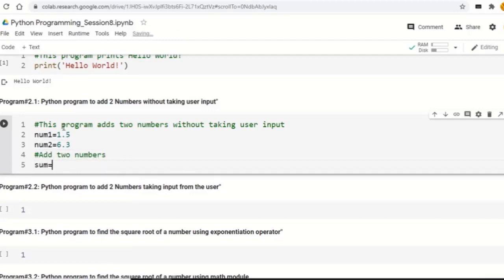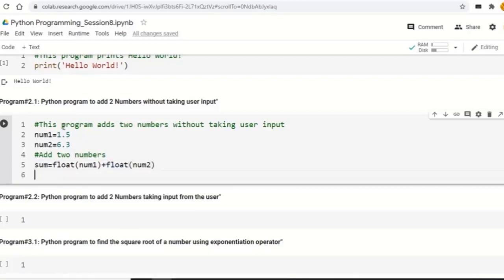So we take a variable sum is equal to num1 plus num2, but it is good to convert them into float. Either you can write num1 plus num2, because here we are not taking user input, but later on we will see that this format is very good to convert any values into float.